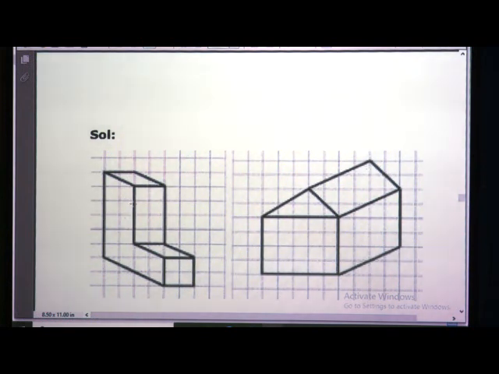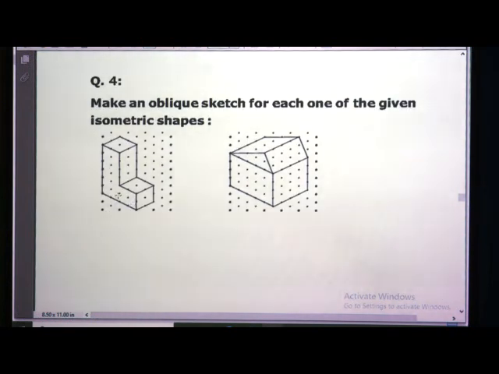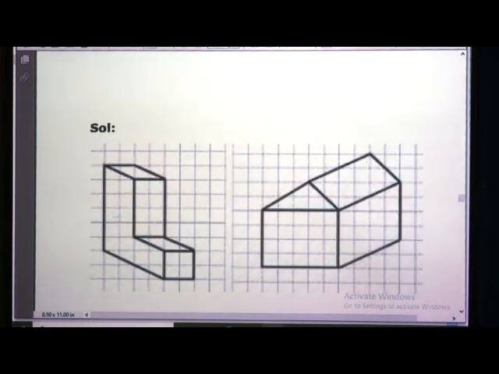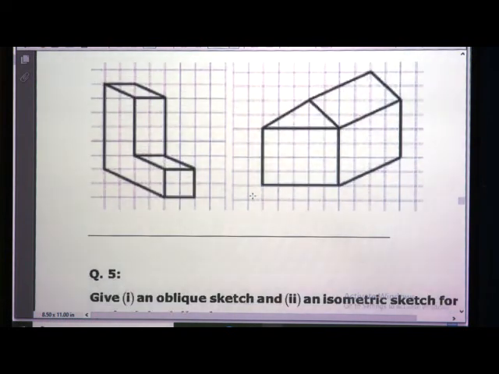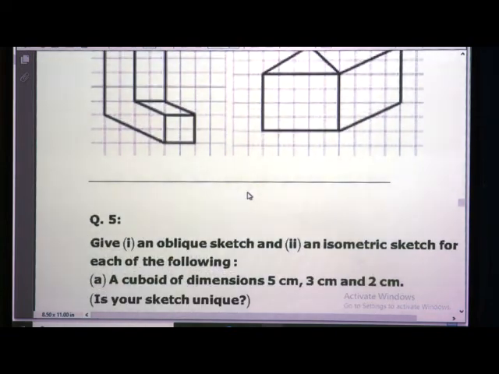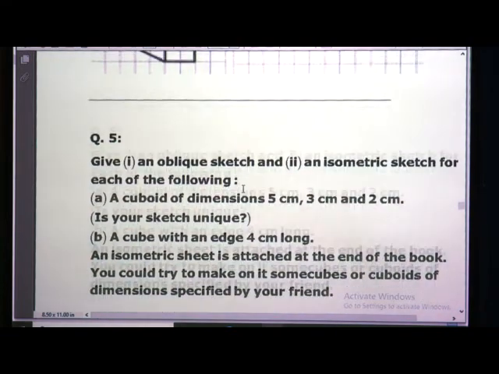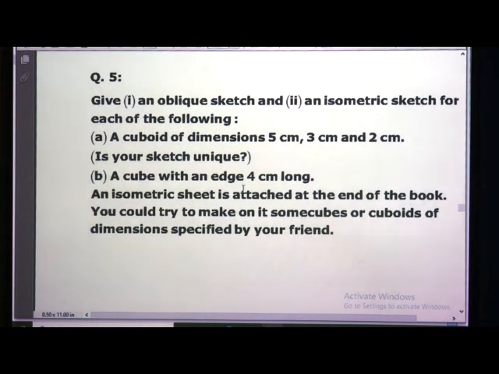Similarly, if an isometric sketch is given to us, you can prepare an oblique sketch. If an oblique sketch is given, we have to count its dimensions